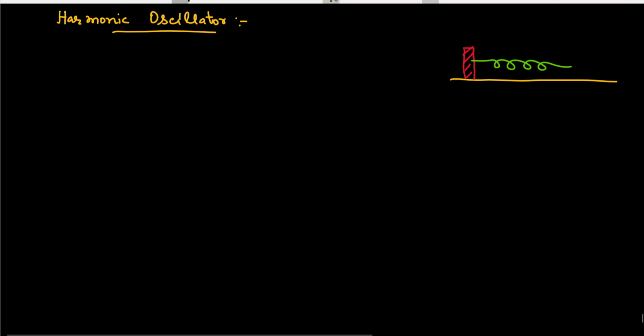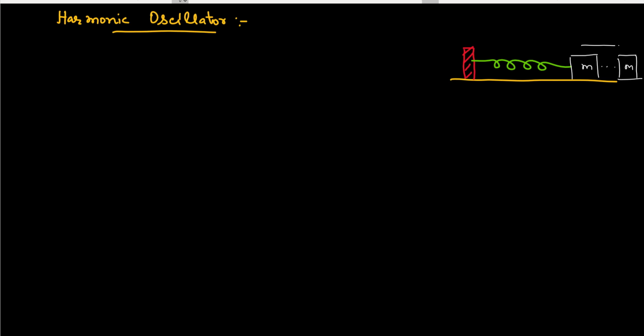The simplest example of a harmonic oscillator is a fixed rigid support, a spring, and a mass tied to it. So this is the simplest harmonic oscillator, and if we expand this spring